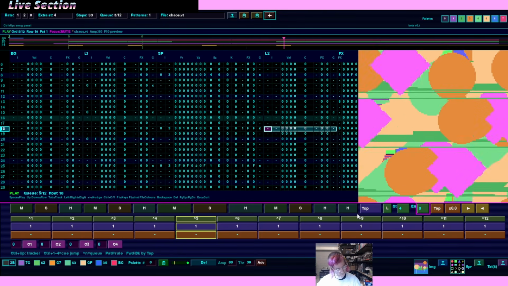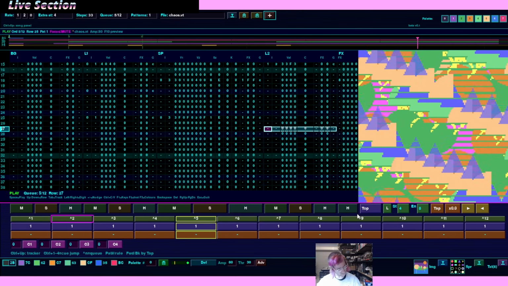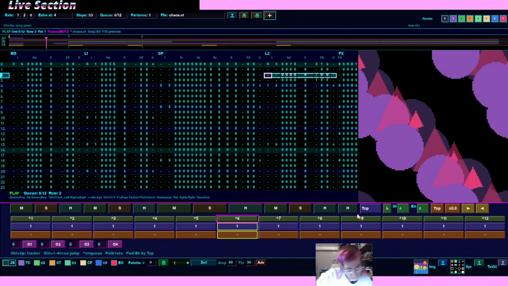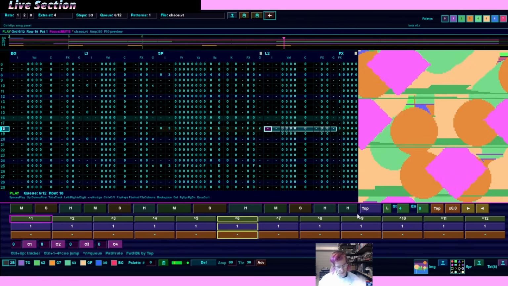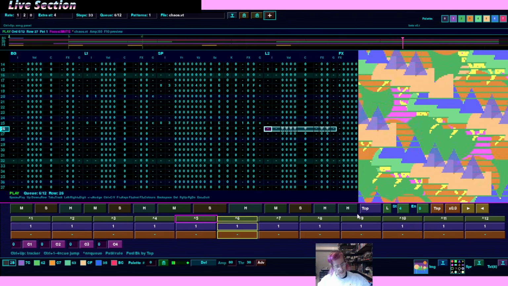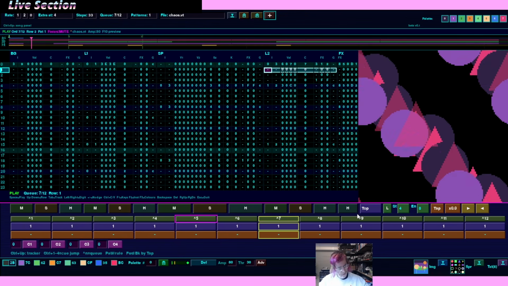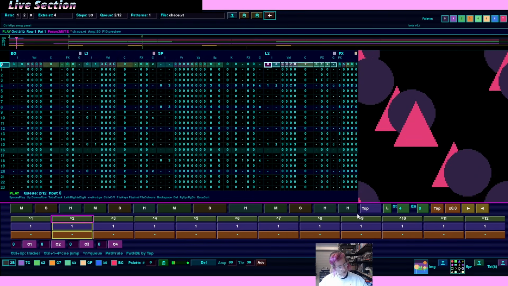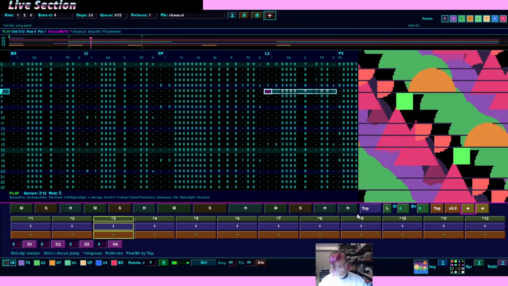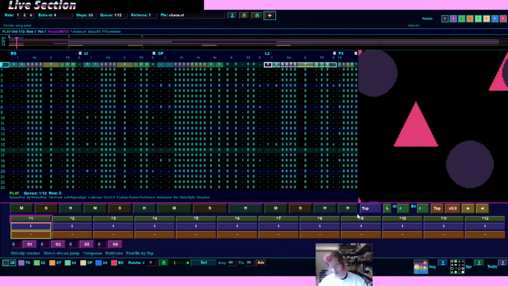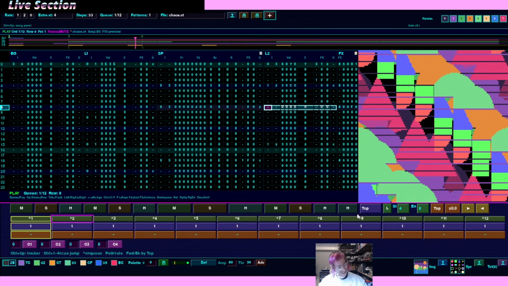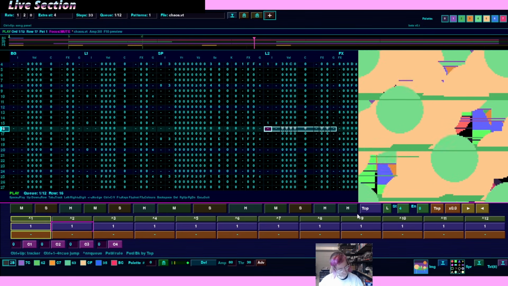Beneath that, over here, we have setup for our playlist. You can see as it's been playing, this yellow box has been jumping along here. Across the top here, we've got jumps. Now we've only got one pattern in here, so that's not as exciting as it could be. But if we had more patterns,